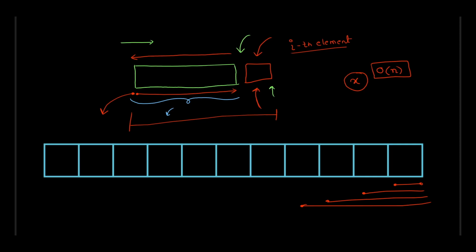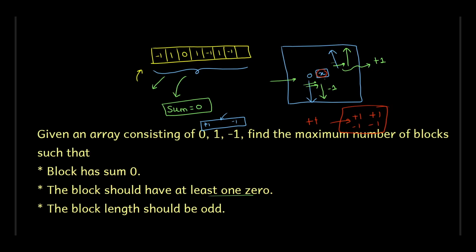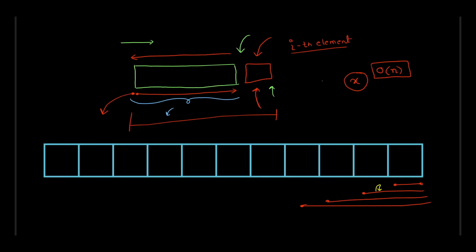For example, this block cannot actually be the last block, because its length is odd. So remember, it has to satisfy these three constraints. Length should be odd, sum should be 0, and you should have seen at least one 0, so that you see this baseline over here for it to actually appear as a median. So, okay, then assume that there are some blocks that satisfy all these three conditions,